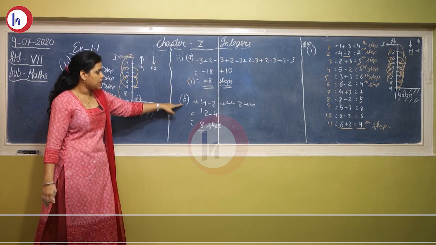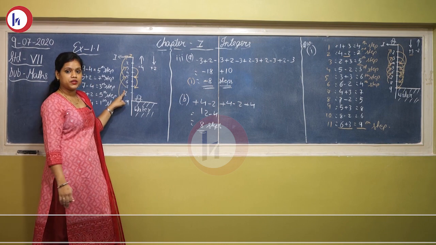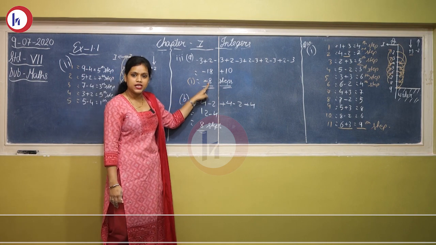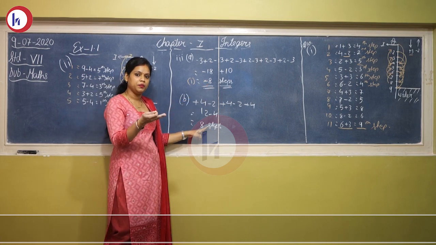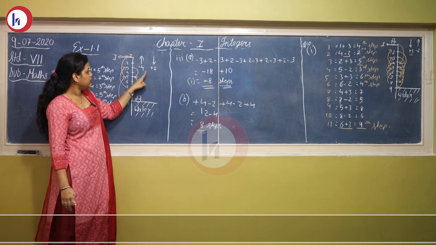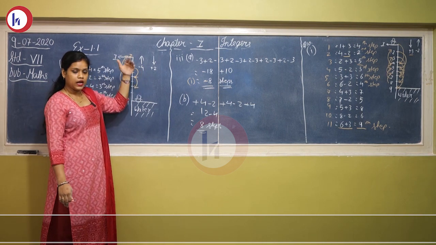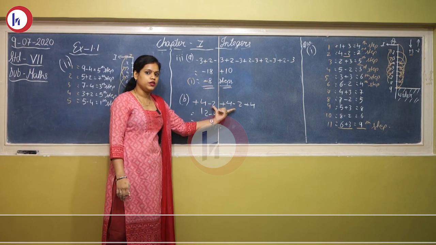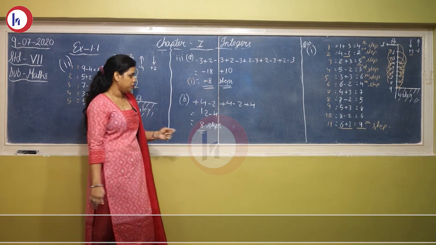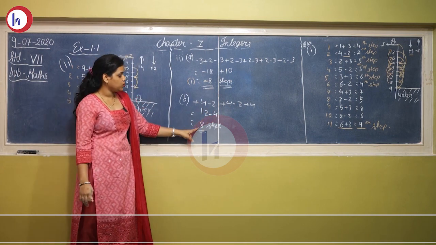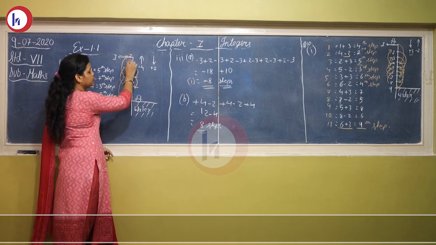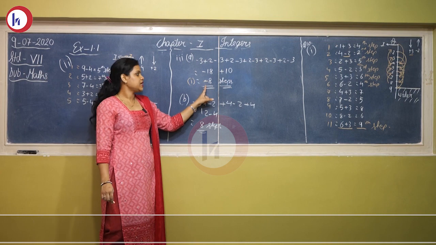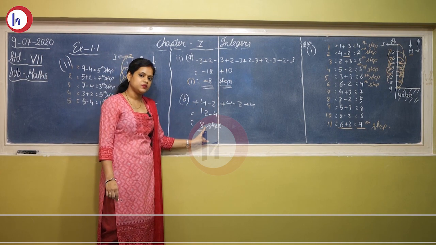और उसी क्वेश्चन का पार्ट बी है जो आपका सेकंड पार्ट रिप्रेजेंट करता है कि वो कितने स्टेप ऊपर गया. ऑब्वियसली अगर वो 8 स्टेप्स नीचे आया है तो वो 8 स्टेप्स ही ऊपर जाएगा 9 से 1 पे जाने के लिए. तो by that integers also his jumps, like how many times he is going up and coming down, that both the integers I have shown here, total how many times he is doing that repetition, और उसका फाइनल आंसर निकाला तो +8 मीन्स नीचे से उसको ऊपर जाने के लिए भी 8 स्टेप्स. तो अगर इसको लॉजिकली भी आप सोचो तो अगर वो 8 स्टेप्स नीचे आया है तो ऊपर जाने के लिए भी 8 स्टेप्स ही हुआ होगा.